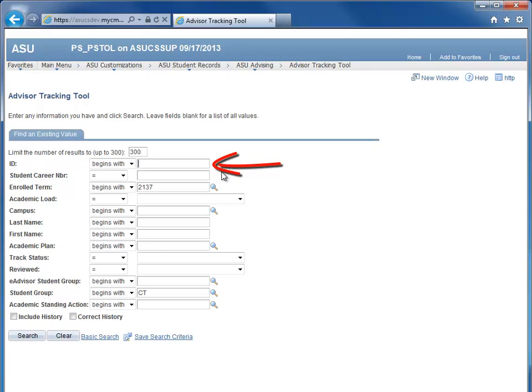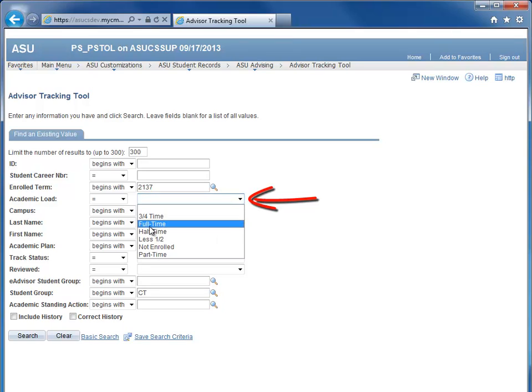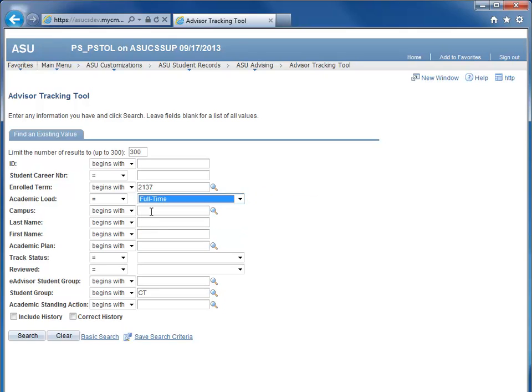The first way is by the 10-digit student ID called the Affiliate ID or the EMPL ID. You do not need to put in a career number, but the enrolled term is required. This field will default to the current term, and it is used in conjunction with the academic load to filter the list of students. In this example, we'll find all the students with a full-time load in the fall of 2013. You can choose a campus to further limit your search,